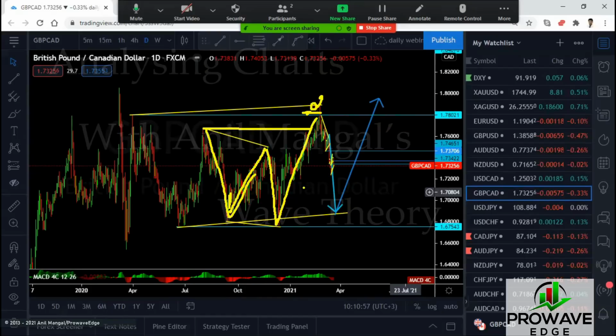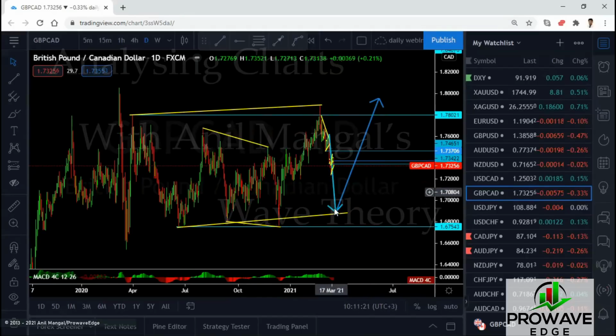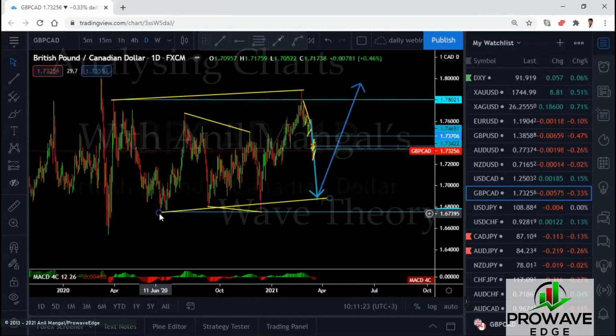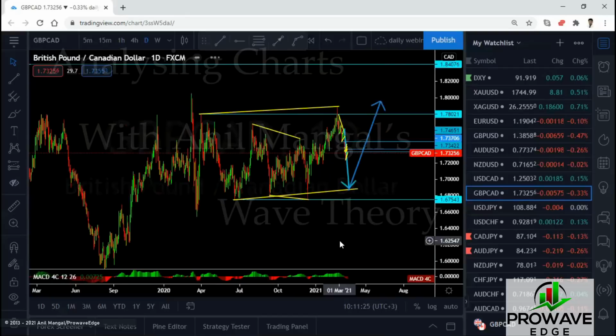That's just an expanding or running flat. In this case, a running flat. And then they're going to come back down again to this level, and then they're going to go back up. So if you're watching this for the first time, just follow us on this piece and that piece. Well, they don't have to break the low anymore because we're making a running flat, right?